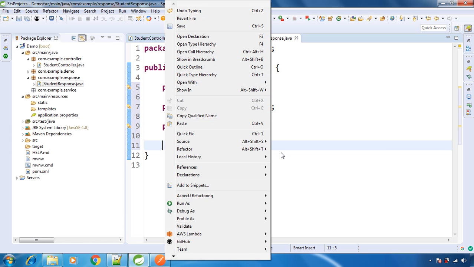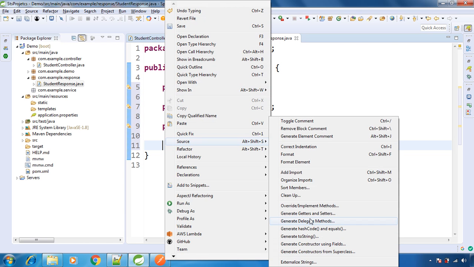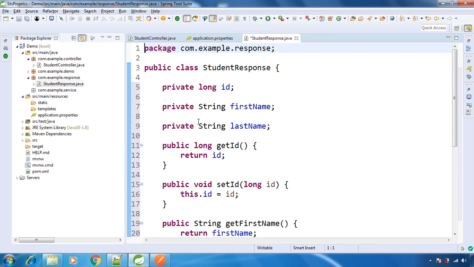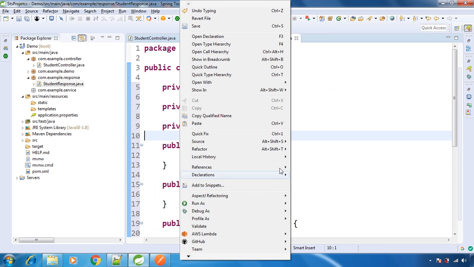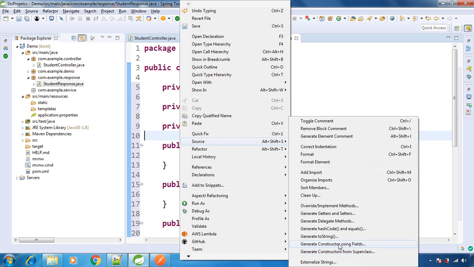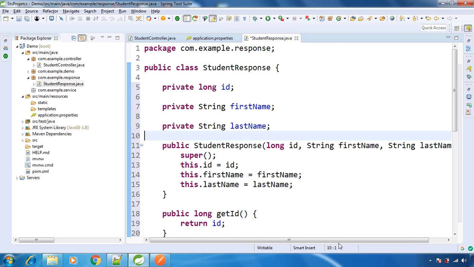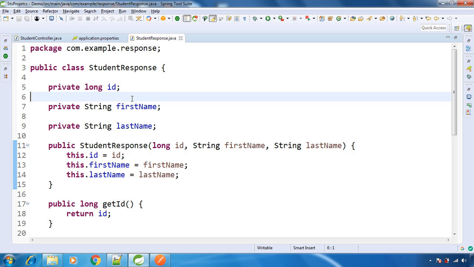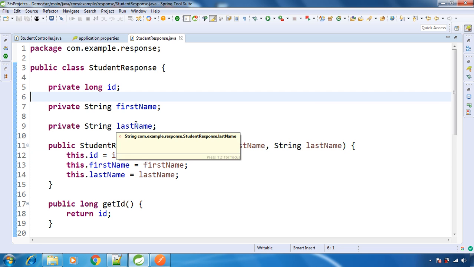Let's have getters and setters for these fields, and a constructor with all fields. So we are good over here. Let me maximize it. We have three fields, getters and setters, and a constructor with all fields.